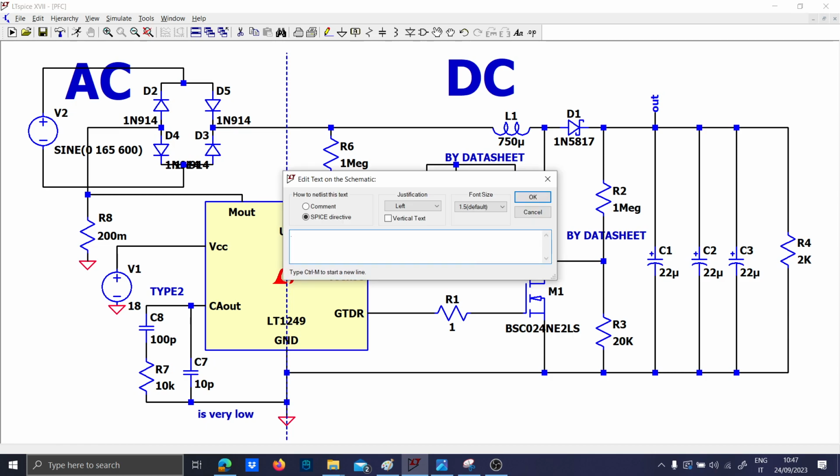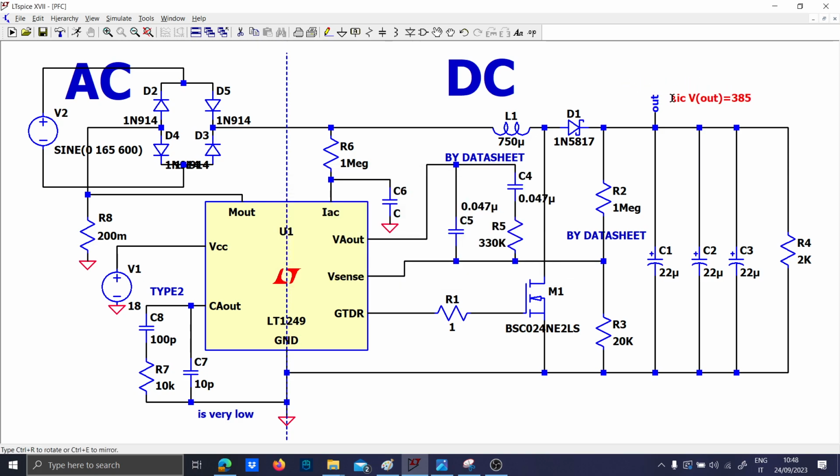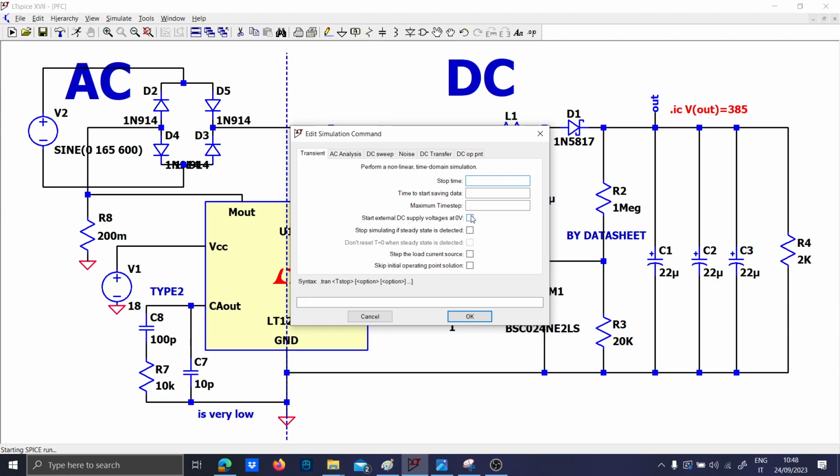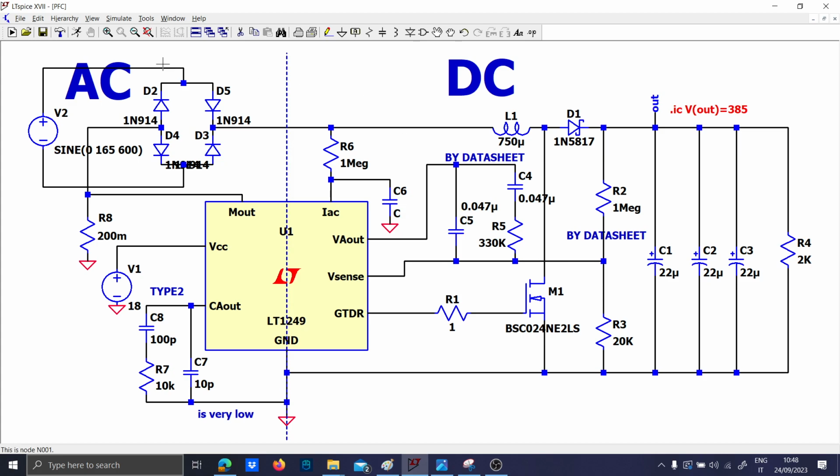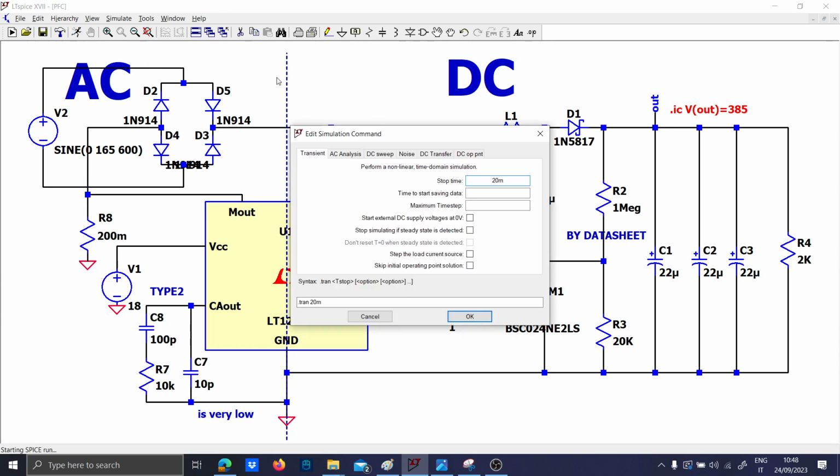So let me write .ic vout equal to 385. Now the capacitor will start already charged, and so by skipping the initial operating point solution for 20 micro, yes, it was correct, 20 micro, and skipping the initial operating solution,